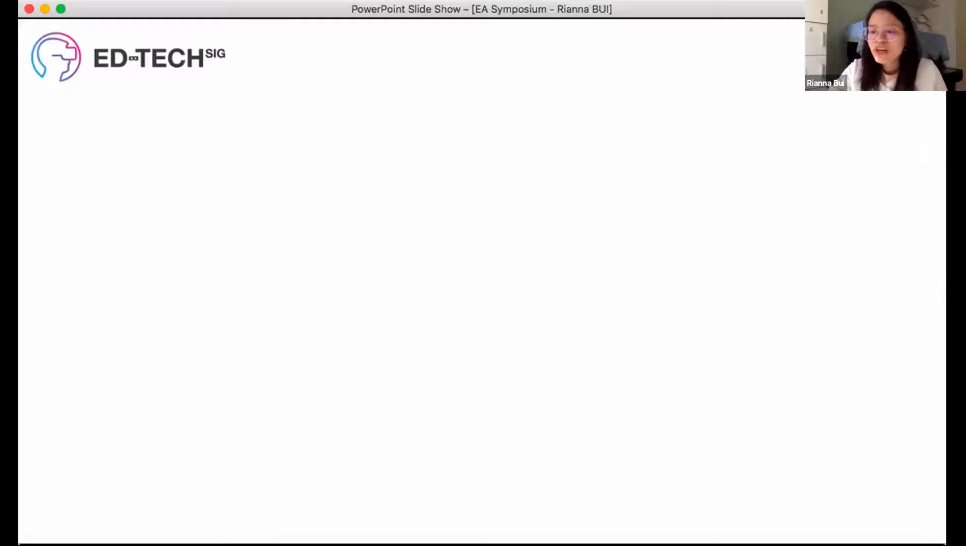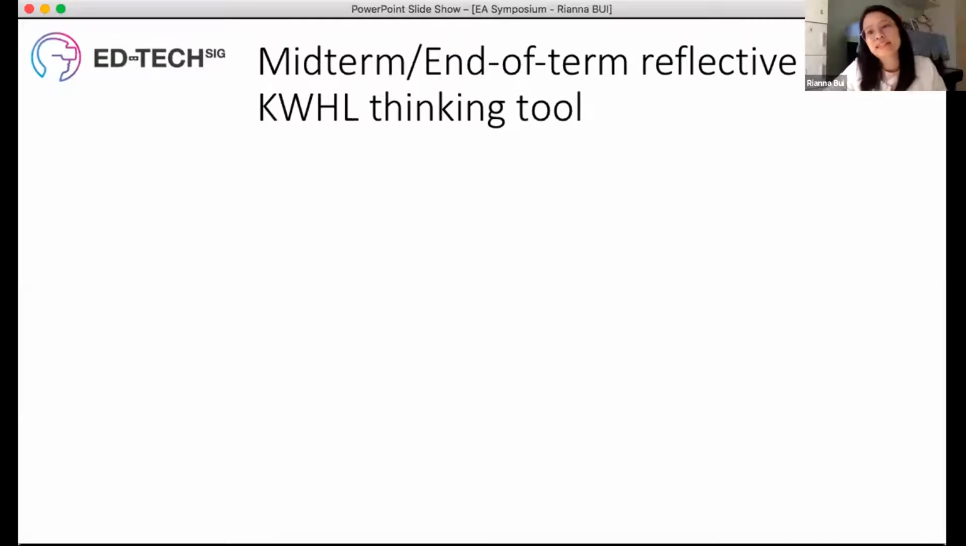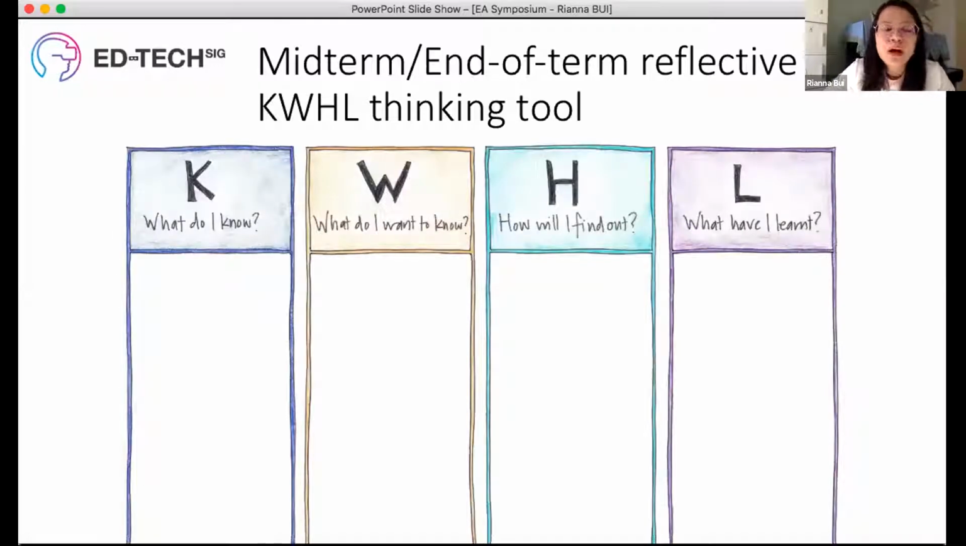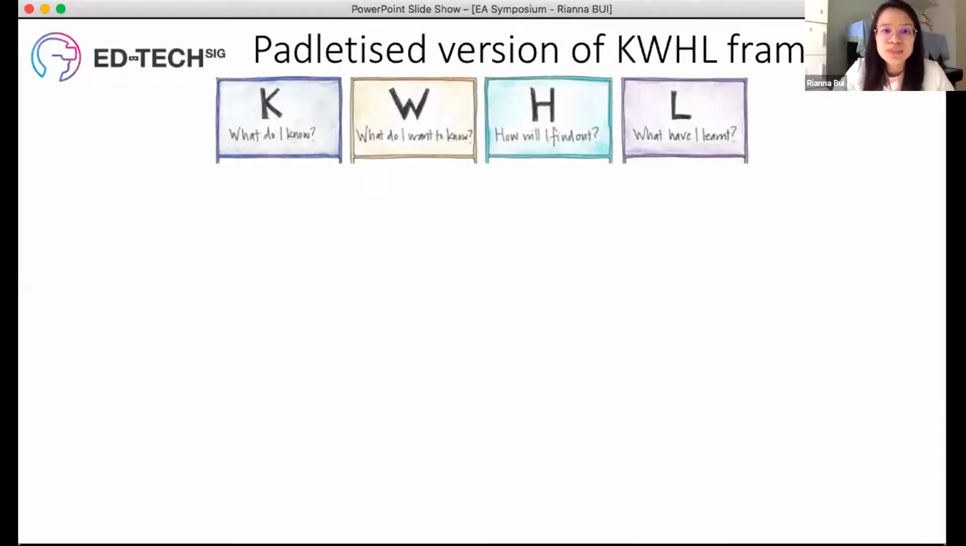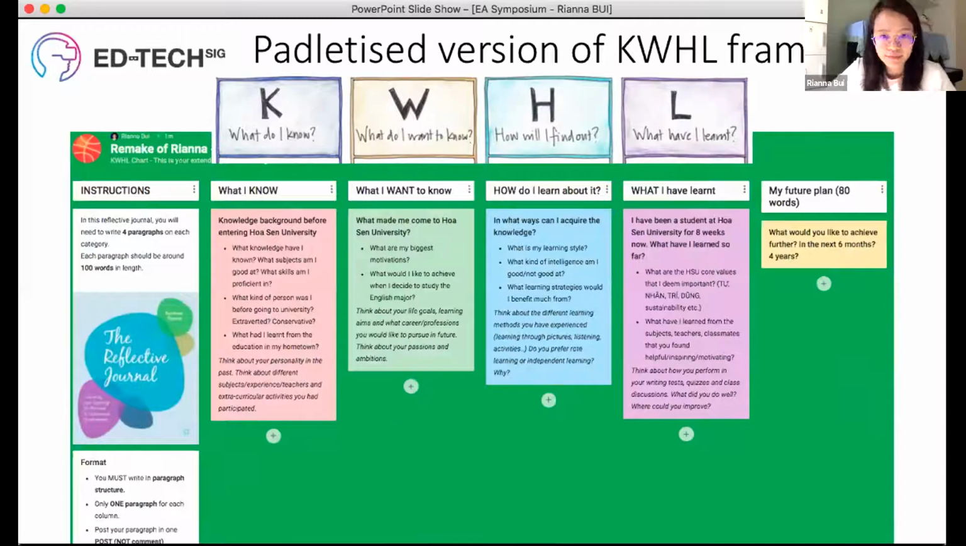Okay, now moving on to the next task that I have designed on Padlet, called Midterm or End of Term Reflective Journal, which is based on the KWHL thinking tool. KWHL stands for what do I know, what do I want to know, how will I find out, and what have I learned? These are all reflective questions. And I have used these questions in this framework to design a task on Padlet,